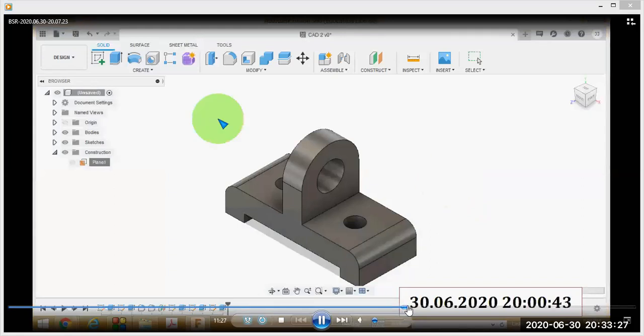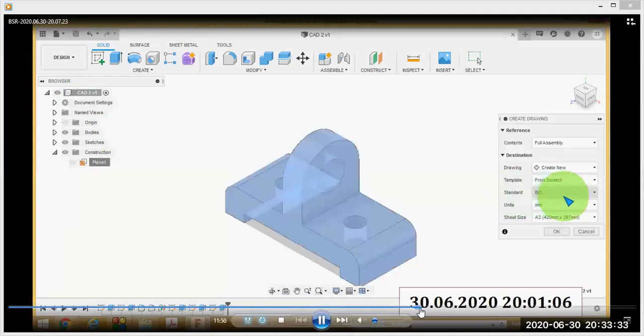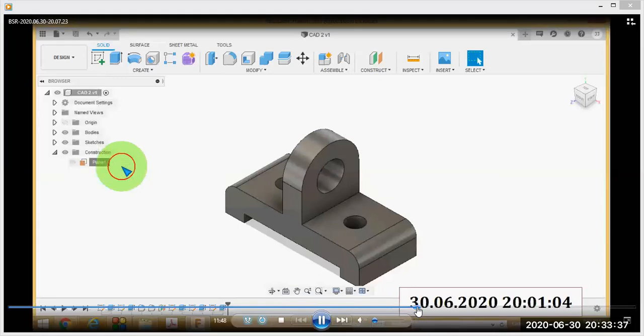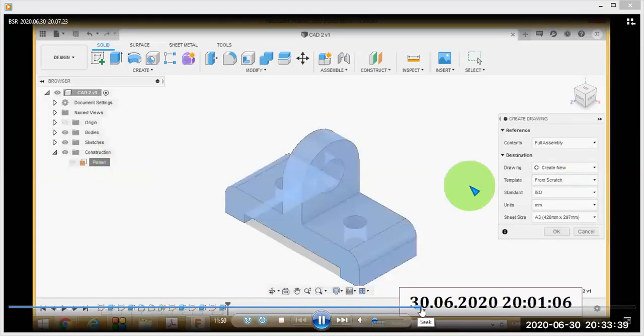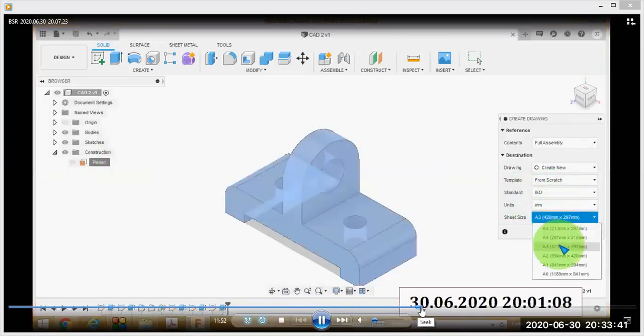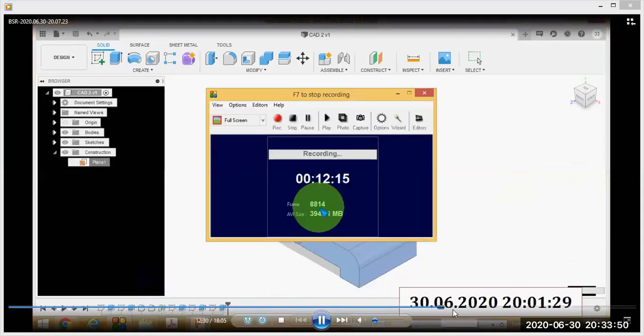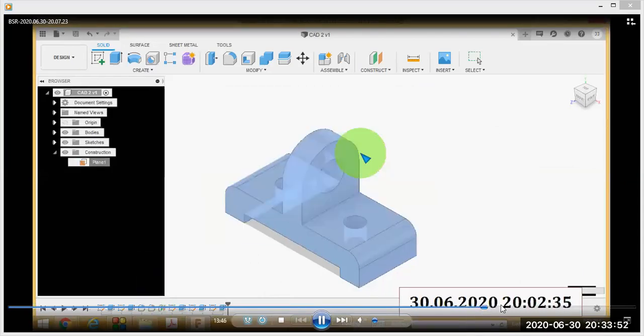Then next is I will open the next workspace for creation of drawing. So the next workspace is drawing workspace. I will click on the drawing workspace. Then I will click on from design. Then I will click on the sheet size. I will change the sheet size as A4. Then I will click OK. Then now you can see your A4 sheet is displayed in the screen